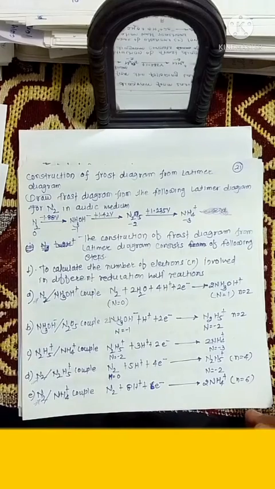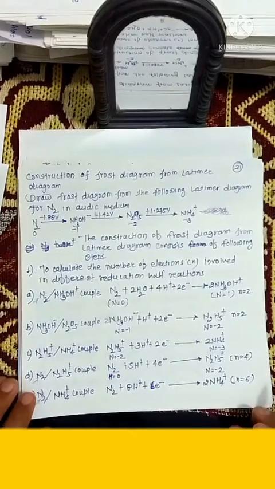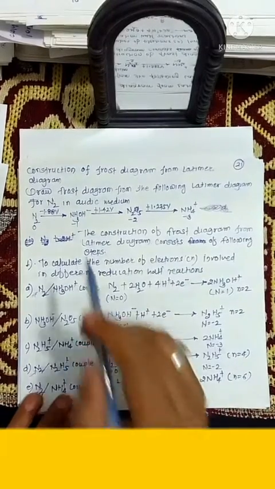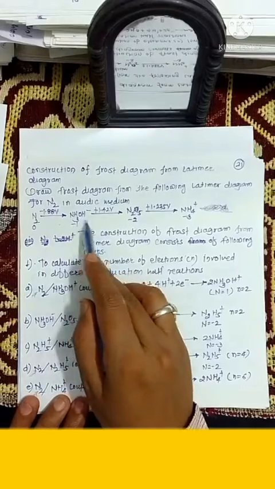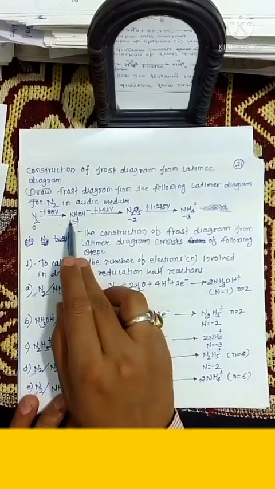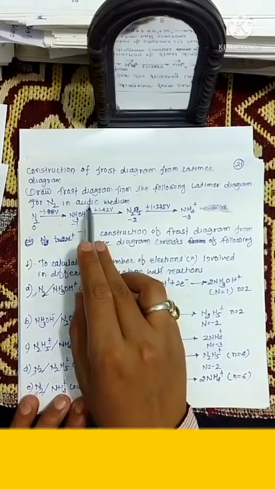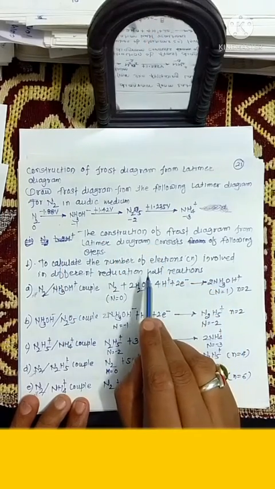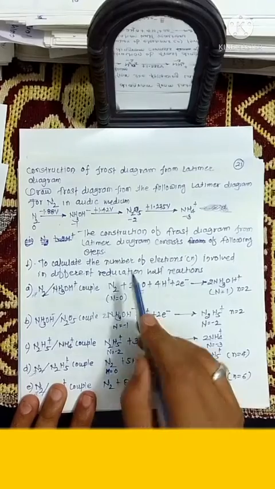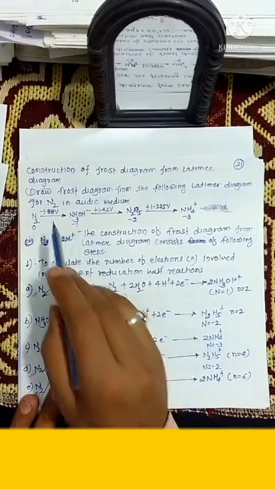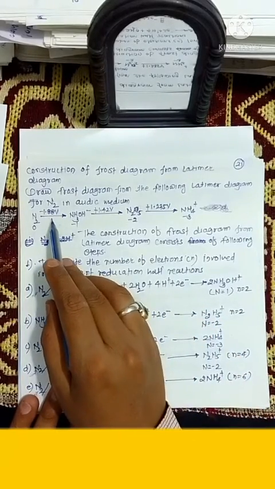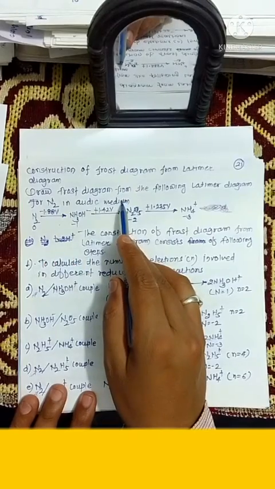Now we are going to see the construction of a Frost diagram from a Latimer diagram. They give us a Latimer diagram, and from this Latimer diagram we have to construct the Frost diagram for oxygen. Now just see how the Frost diagram for nitrogen in acidic medium is